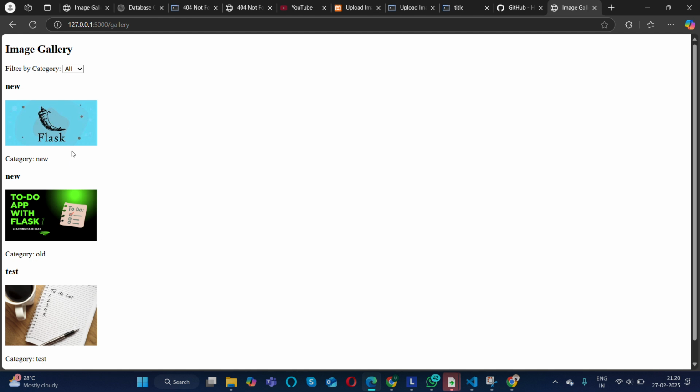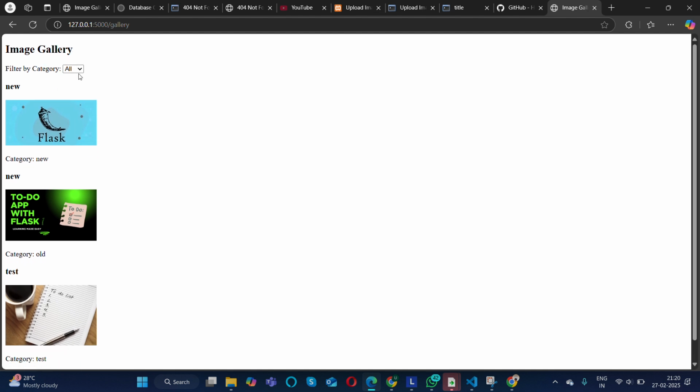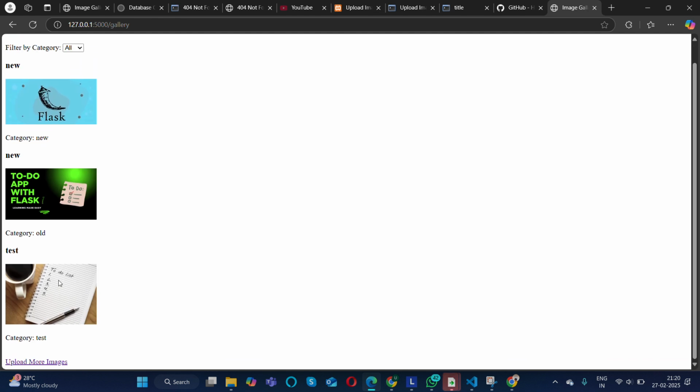So previously I had uploaded a few images to test. So it worked, and now I'll test it again. Like I added, right, it got saved, but due to the error it didn't get displayed. But now the images got displayed. The UI could have been better, but now it's fine.